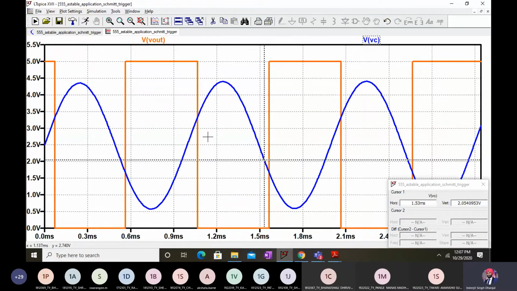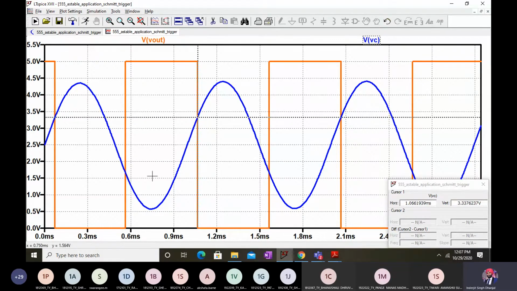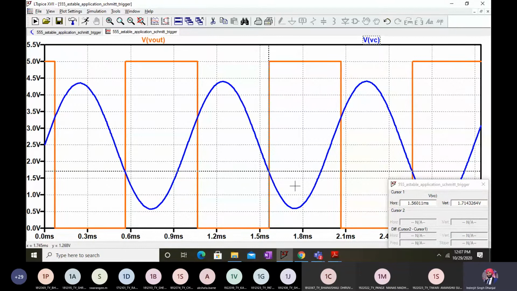So over here, as you can see clearly, the output will change state whenever the input crosses a certain level. Over here, this dotted line is the level. Whenever the input blue waveform crosses this dotted line, only then will my output state change from +5 to 0 volts. And whenever the input crosses the lower threshold level, which is this one, that is, whenever the input goes below this lower threshold level, my output state will change from 0 to 5 volts. This is the normal Schmitt trigger, right? That's how the Schmitt trigger works.